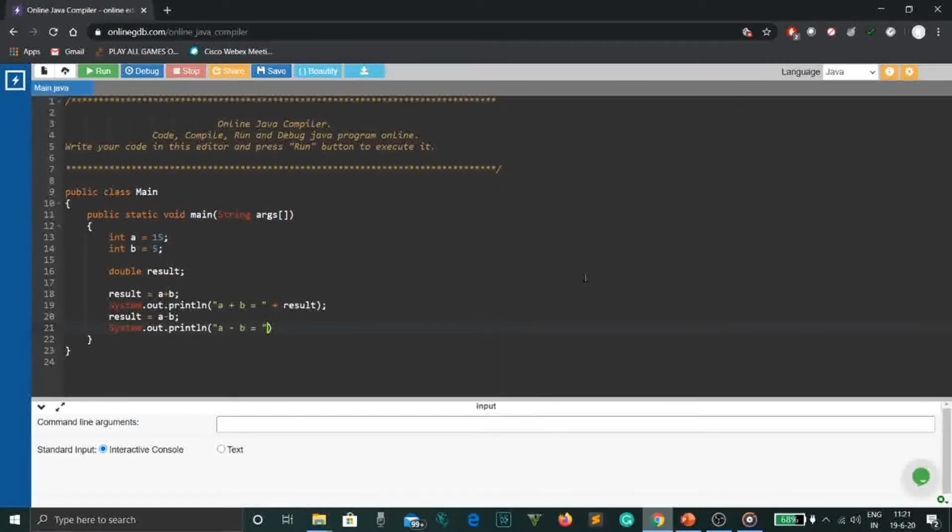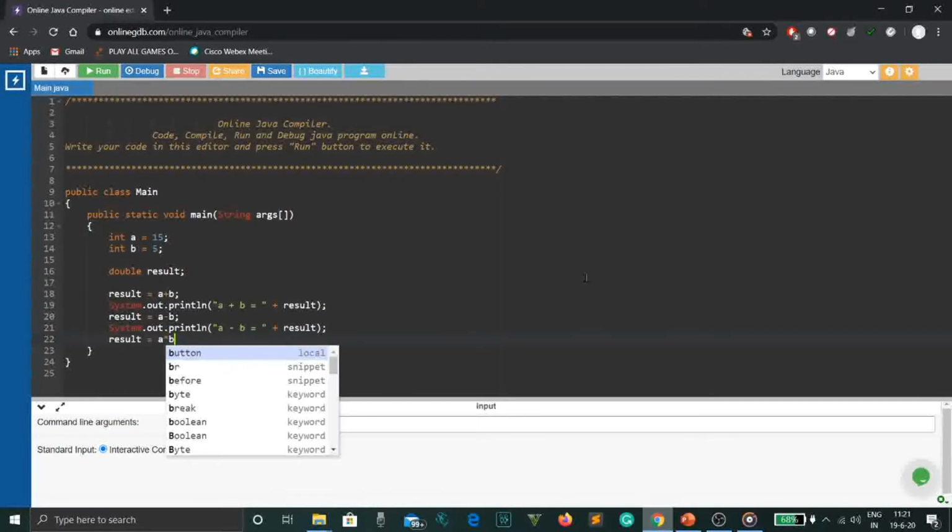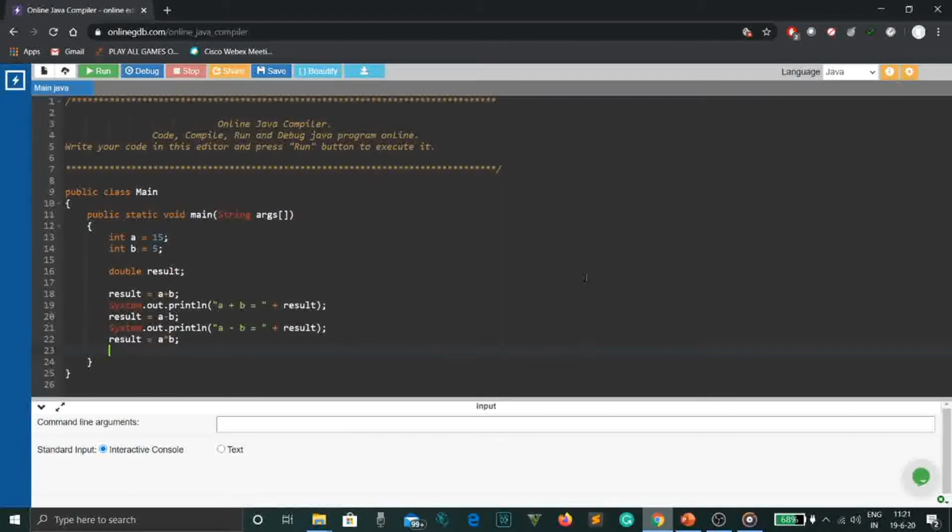Then we write + result to concatenate the result. Similarly, we write result = a * b for multiplication. Remember, here multiplication is represented as an asterisk or star. We don't use x or a cross sign to multiply. a asterisk or star b. Then we print that.